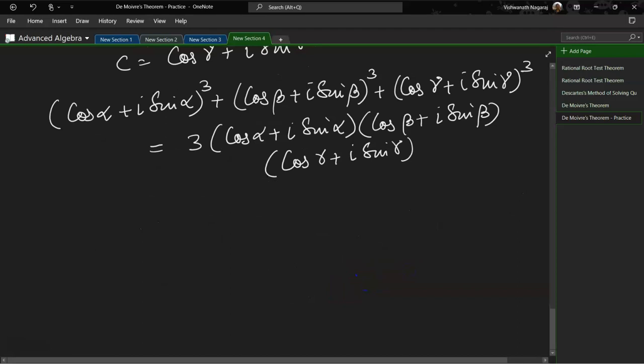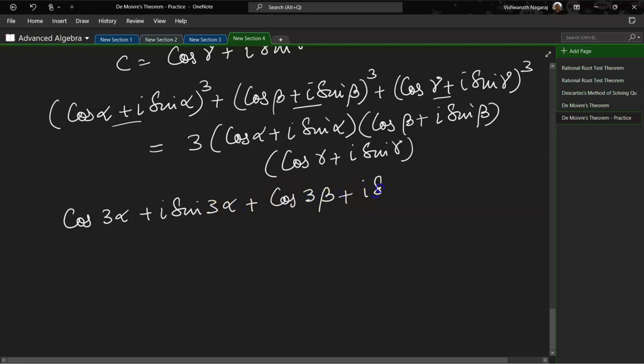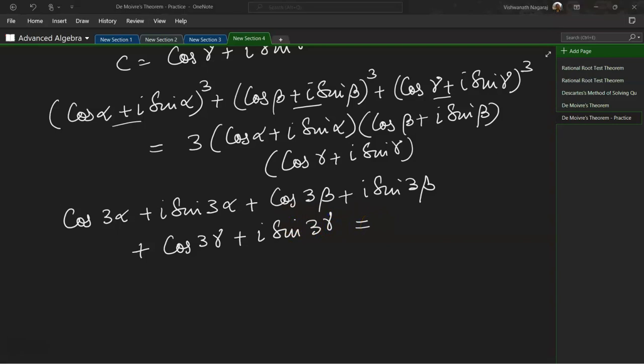Okay, now we know how to evaluate this and this. We apply De Moivre's theorem. So this becomes cos 3 alpha plus i sin 3 alpha plus cos 3 beta plus i sin 3 beta plus cos 3 gamma plus i sin 3 gamma is equal to, now what do we do with the right